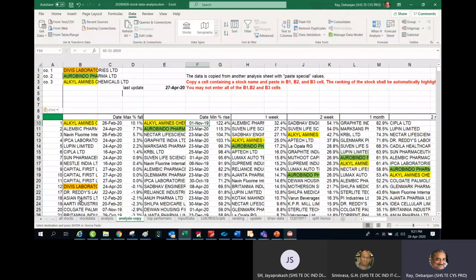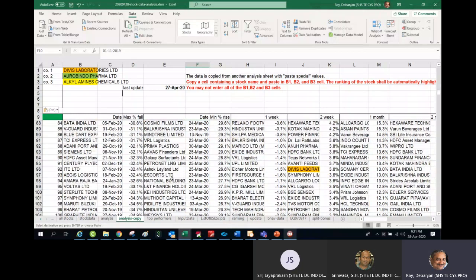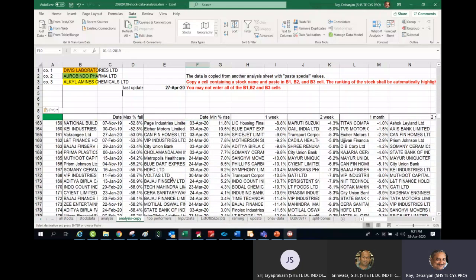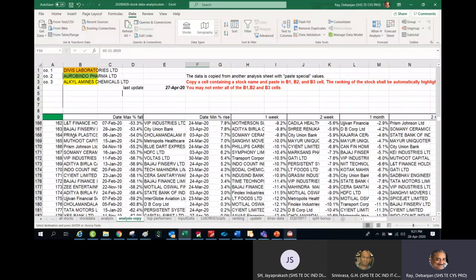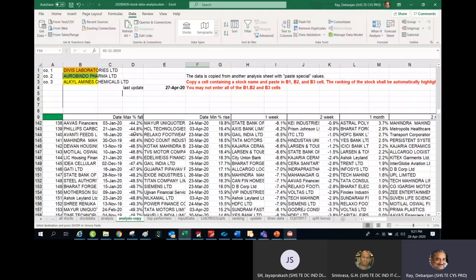Now this will also guide me if I go below. This is how much the stock has fallen from its maximum value. So these are the bottommost stocks. You should get out of these stocks. Even if the stock is falling by more than say 8 to 12%, you should start exiting from 8%.